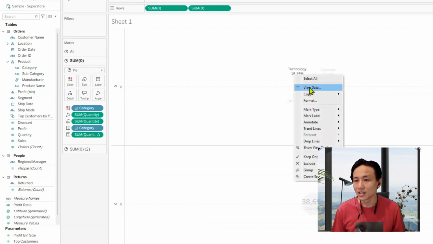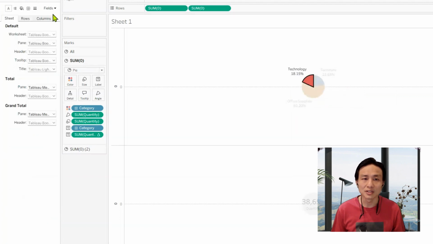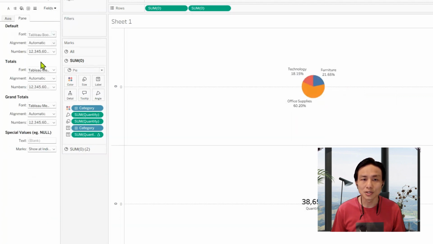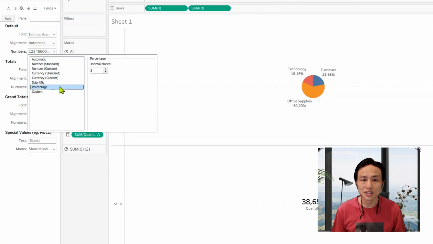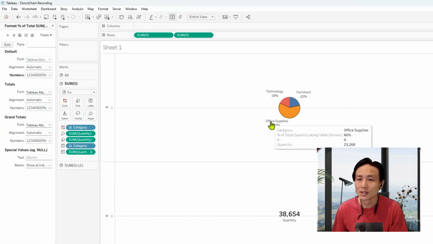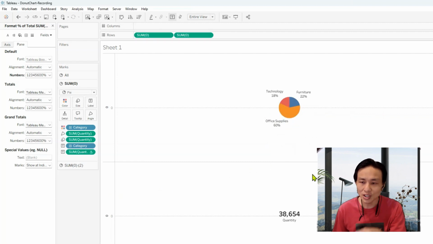And I right click on the percentage, format, just to format the percentage a bit, make sure that it's percentage of total. And I'm going to change the decimal place to 0 decimal places. I don't need the decimals, I just need it to be rounded off. Okay. So now I have the outer donut chart and the inner